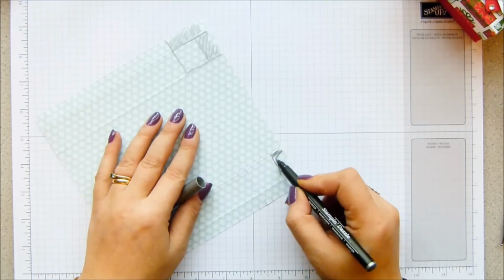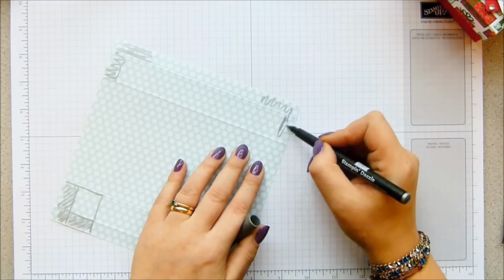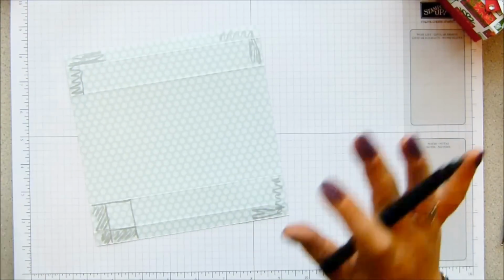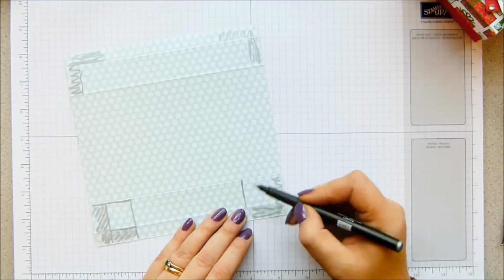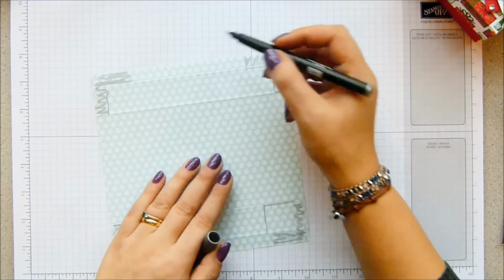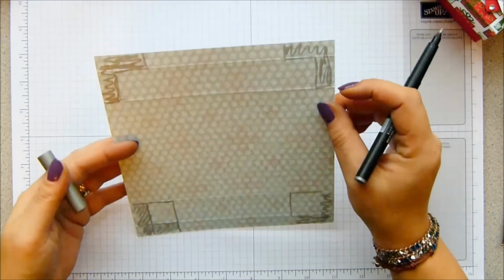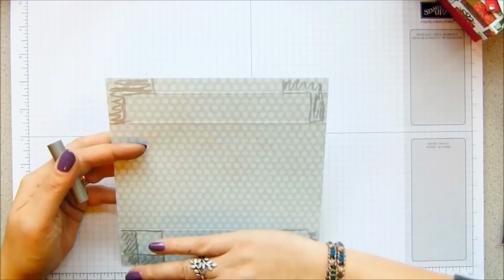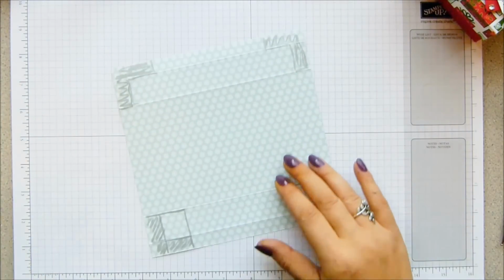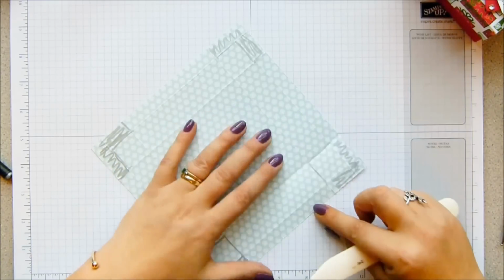So if I do the same down here, there we go. So we're getting rid of the 3 outer ones, so leaving a square. Actually, probably you should have done it like that shape all the way round. There you go, you can see that better on the top. Ignore the bottom. So you're leaving a square, so we're going to cut those bits off. I want to fold and burnish first, just because it will make it easier. So fold your score lines,